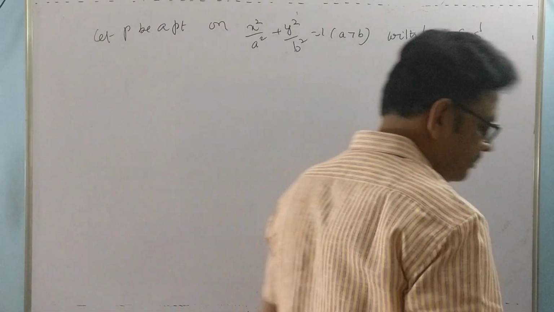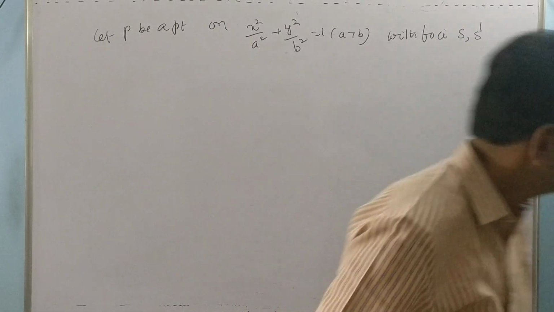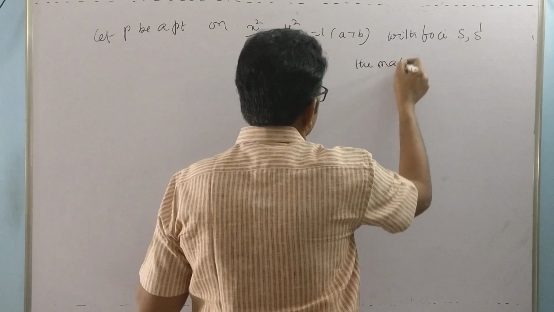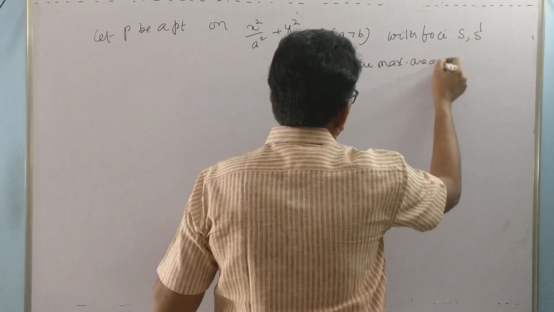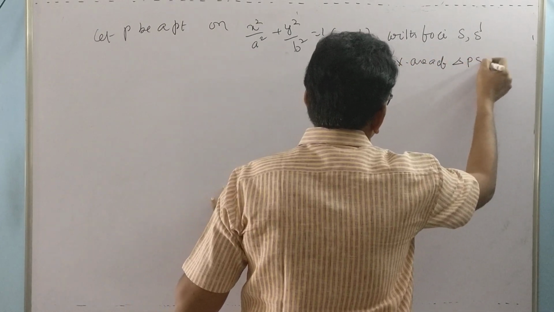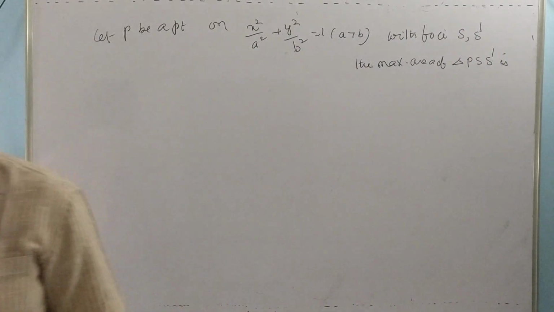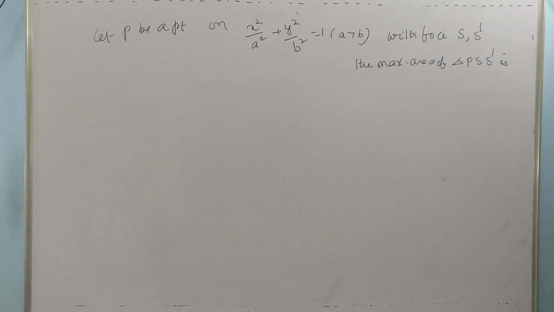Then the maximum area of triangle P S S dash is